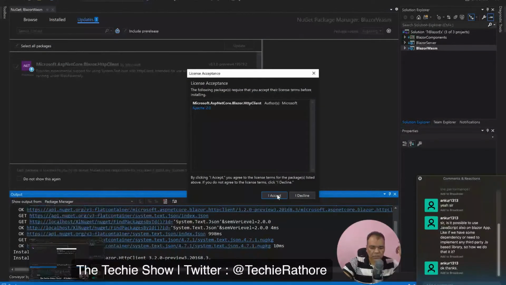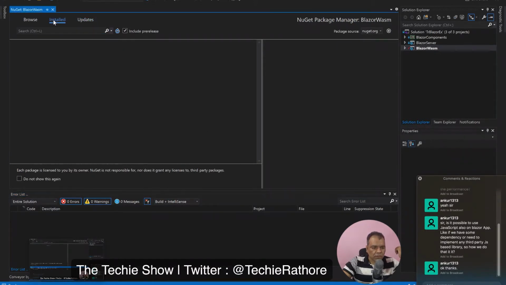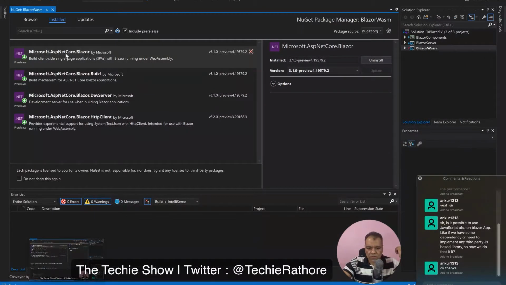Okay, I accept. Okay, installed. It has preview. Is there any update for this one? Installed version, there is no update. Okay, so 3.1, this is the latest preview version.